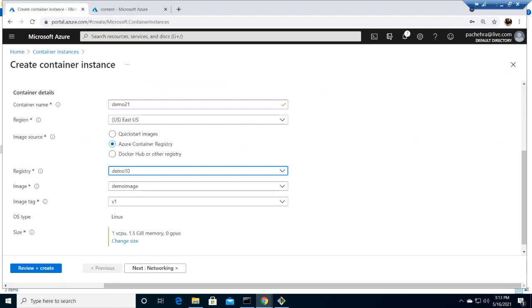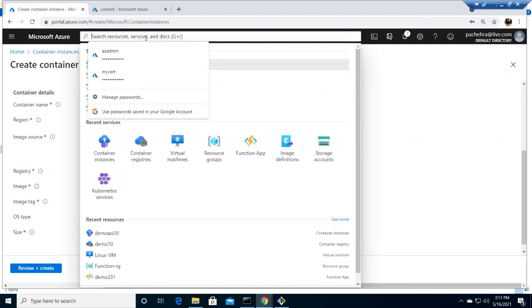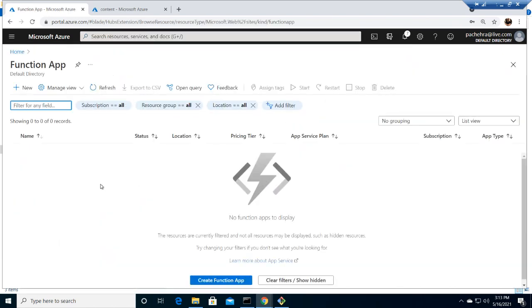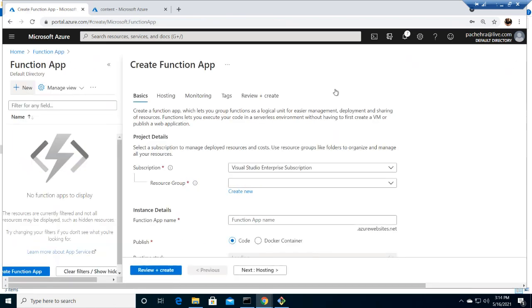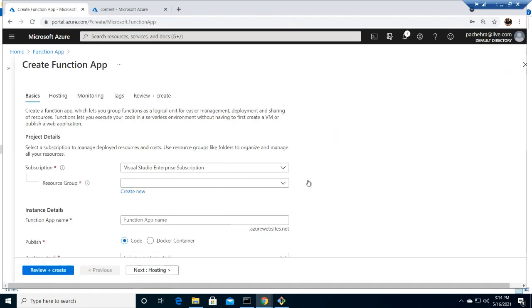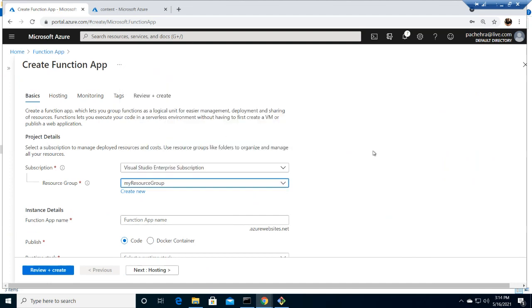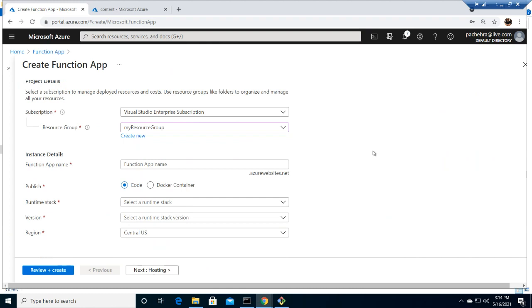So let me quickly show you the very first thing, create the function through the Azure portal. Let me go to Functions app. From here, you can simply create the function, click on New. As I said, you need the resource group for everything. I'm choosing the same resource group that I have created for the ACR. Now you need to give the name to your Functions app. Let me give it a demo